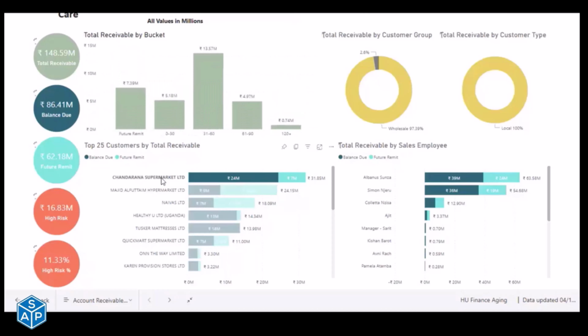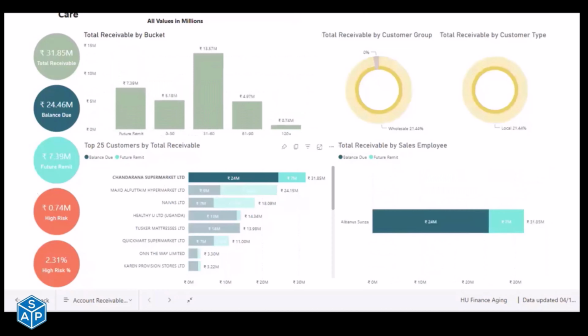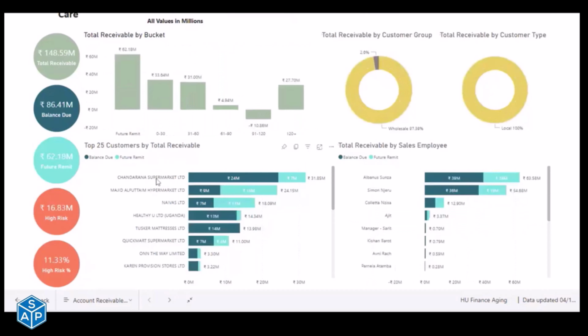If I click on this, then I will see that chart. From 91 and above, it is just 0.74 million. So my high risk is 2.31% only. I might not worry about this and worry about it later, but I have overdue of 31.85 in